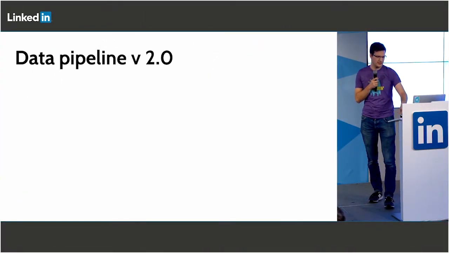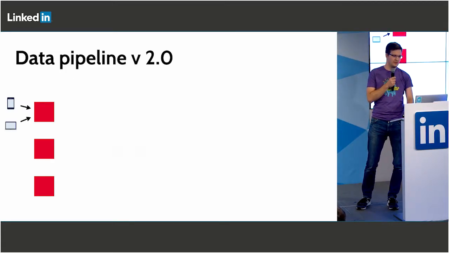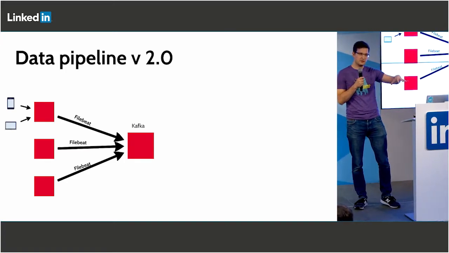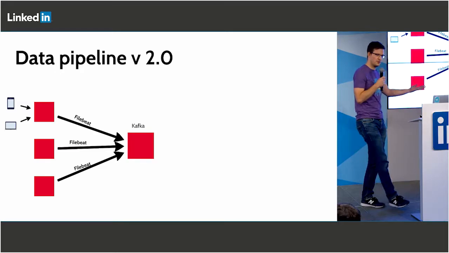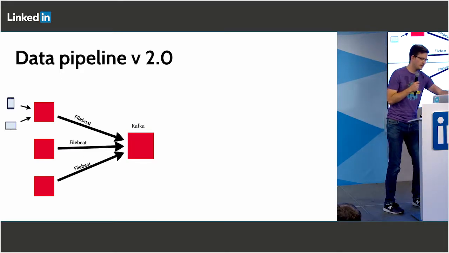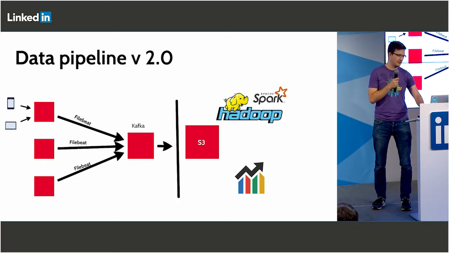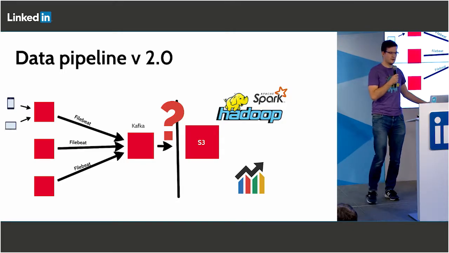Here the idea was that, okay, the beginning is fine, so we still need the events. Then we thought, okay, the easiest way to solve the scaling issue is to just add Kafka, that's cool because that scales. We moved the data in with 5-bit, and the rest still remained. Here the question was, what to use to ship from Kafka to S3?